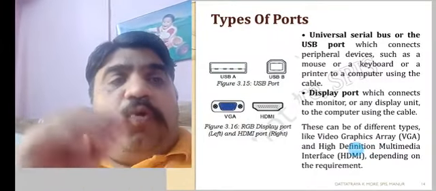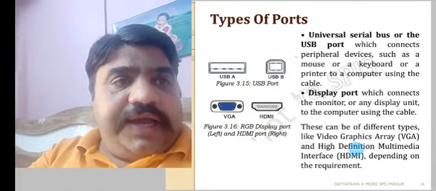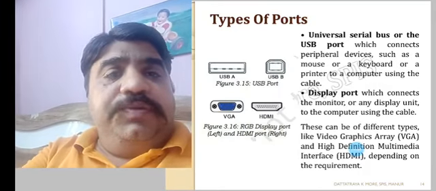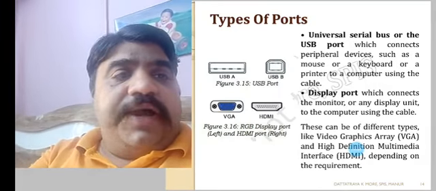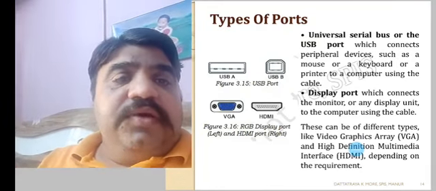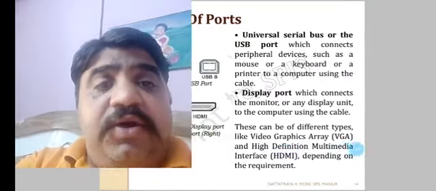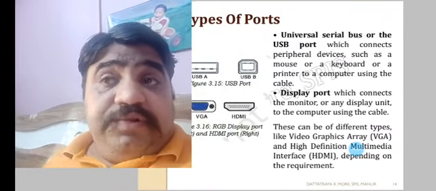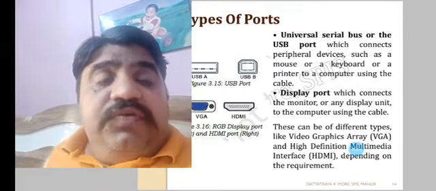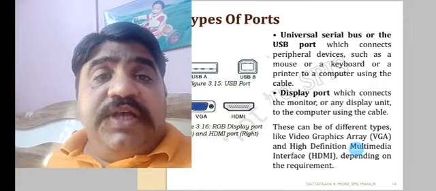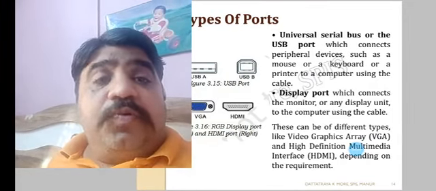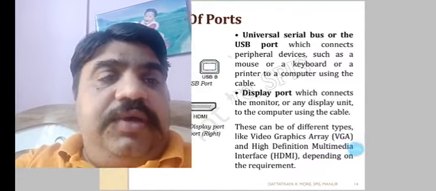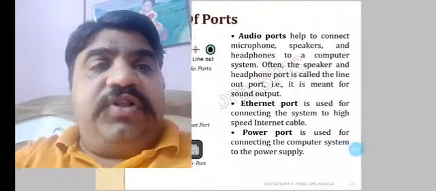Now, types of ports. I will give a short introduction again. Same way, USB is given. See, 2 types of USB ports are there: one is micro USB and one is normal USB. Then VGA and HDMI. Right now the HDMI port is always used in TVs, LED TVs also. The HDMI port is available in laptops and projectors too, for high graphic images. It is a high-definition multimedia interface.